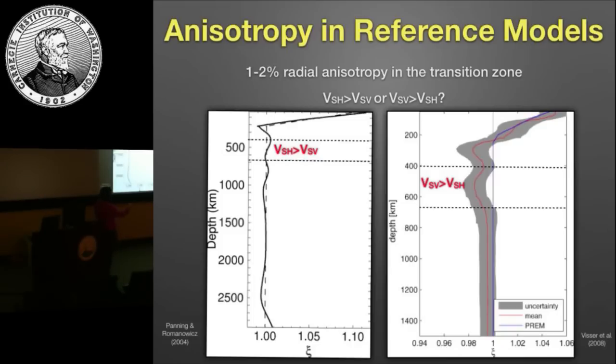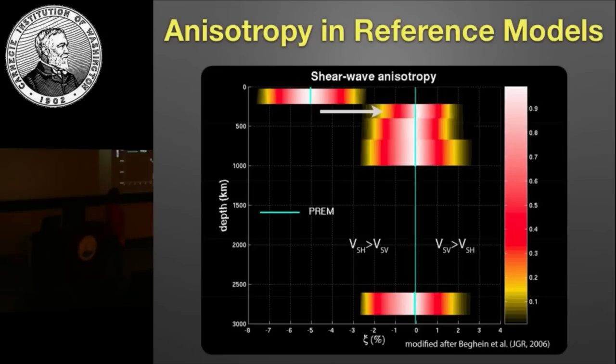This is a perfect example. This is a model from the Berkeley group showing that in the transition zone it is the horizontal direction that is faster, and in this model from the Utrecht group, the vertical direction is faster. So completely opposite results. And in my own work that I'd done in my PhD, we had tried basically a